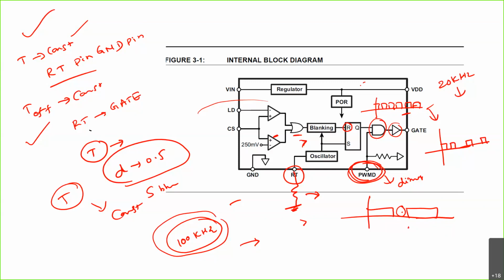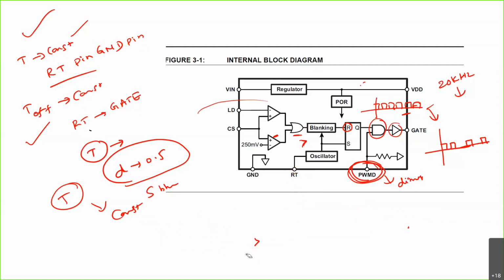Okay. So PWM dimming can be achieved by driving this PWM pin with a low frequency signal, not exactly a square wave. When the PWM signal is 0, the gate driver is turned off, right? When this PWM signal is 0, the gate is turned off. When this PWM dimming signal is turned on, only in that case the gate driver is enabled. Okay. So this is how it is used in dimming applications. This is all about the different pins that we normally use.